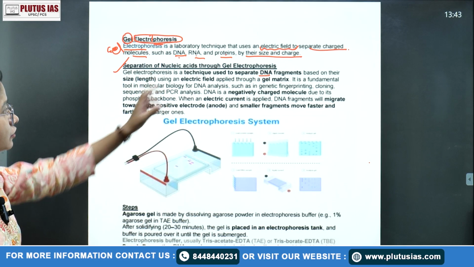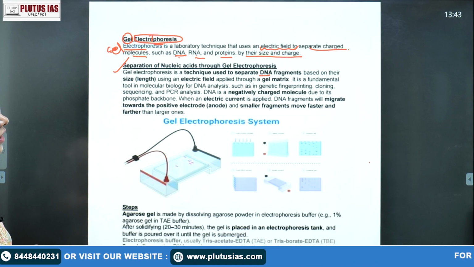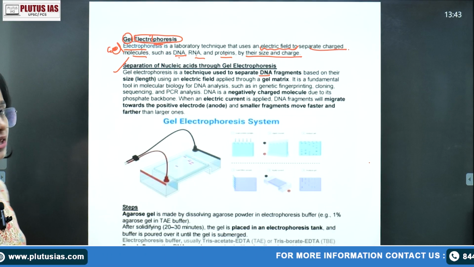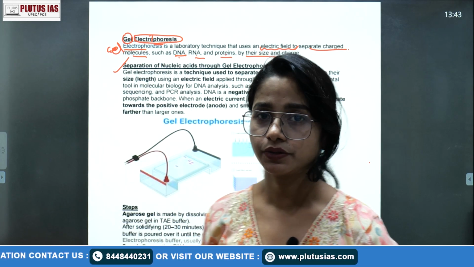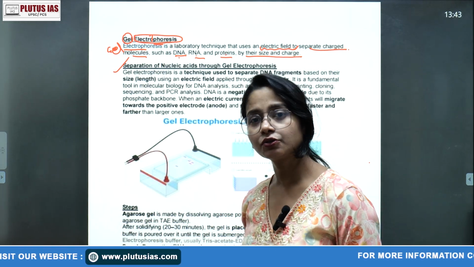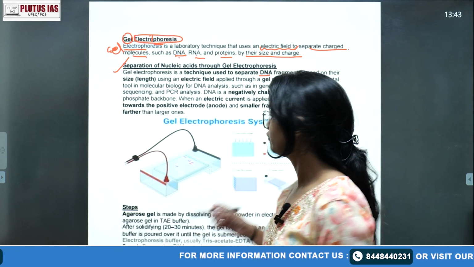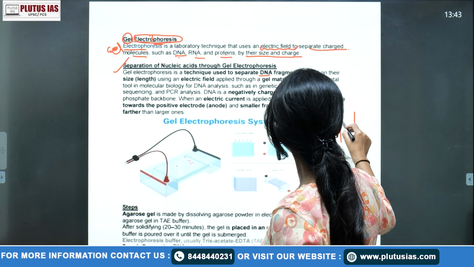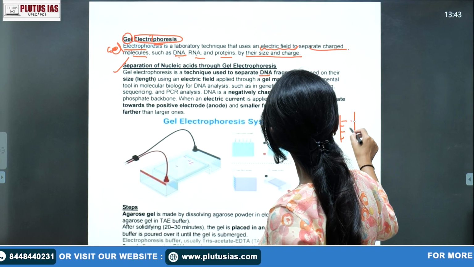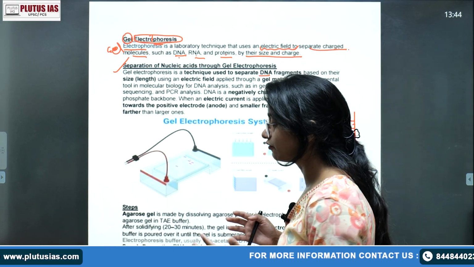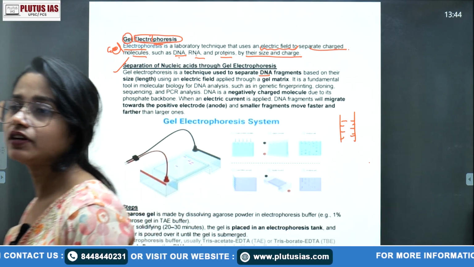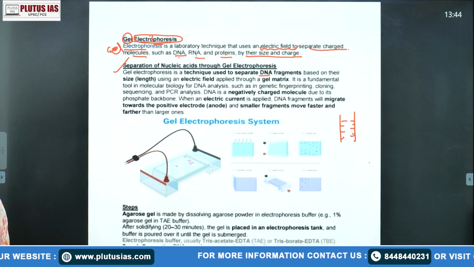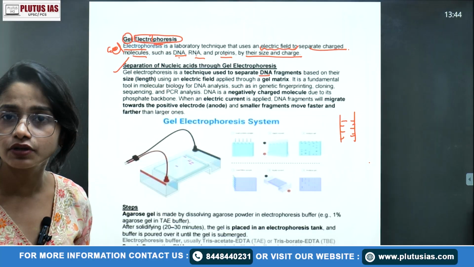Okay, so gel electrophoresis is a technique used to separate DNA fragments based on their size. What about the size? In general, if we talk about humans, humans have 3.6 into 10 to the power 9 base pairs. If we say 3.6 into 10 to the power 9 base pairs, that means there is a length through which we can decide the length or the segment. So different DNAs have different nucleotide segments based on the number of nucleotides, है ना?